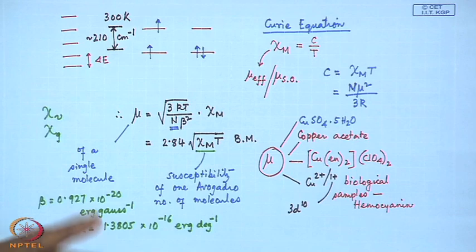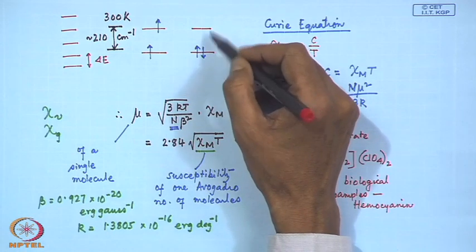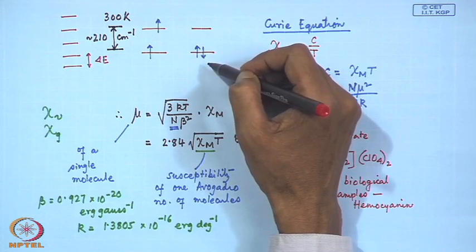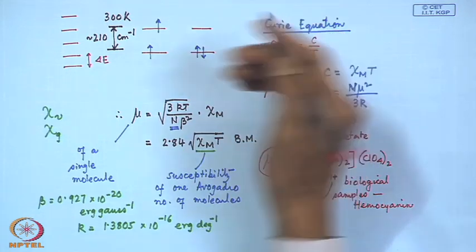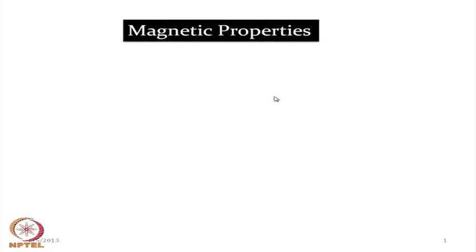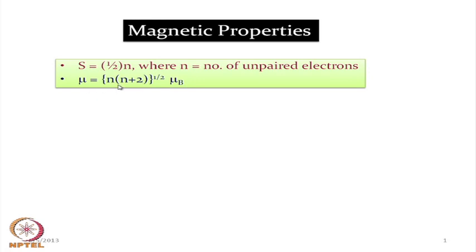This width can control the population of these different levels by the unpaired electrons. We utilize N, the number of unpaired electrons, for determining the mu effective or mu spin-only values,